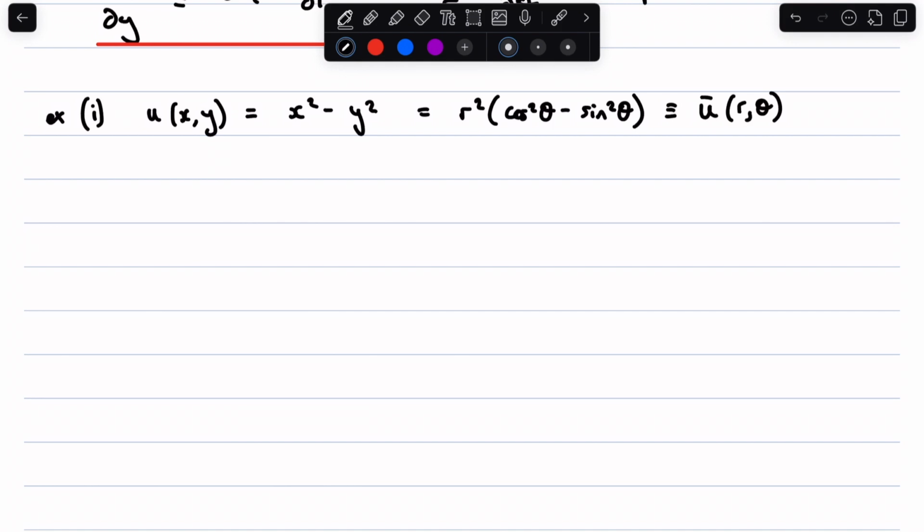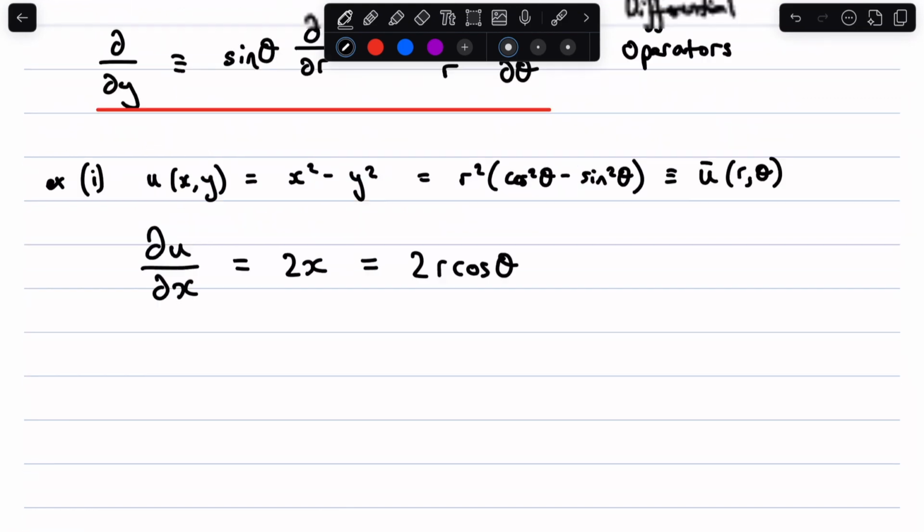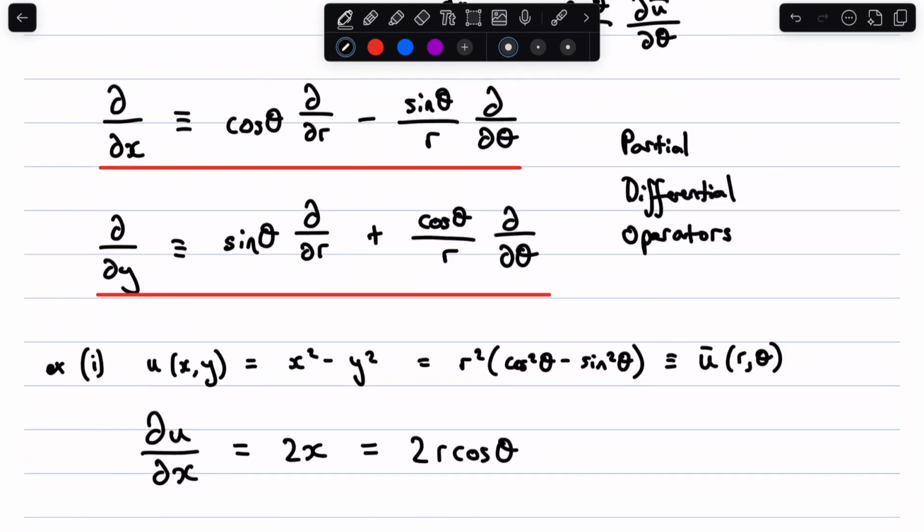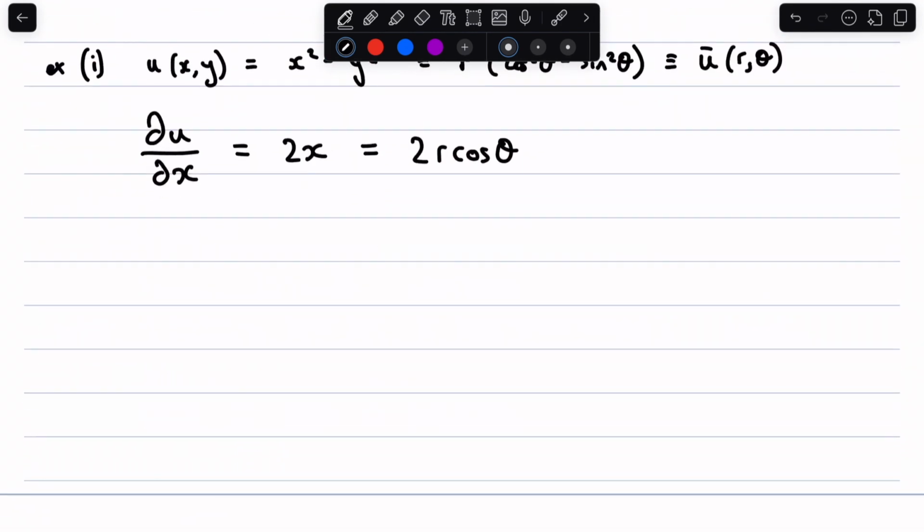If we wanted to know what is partial du by dx, we could quite simply do it in this example from our function u of x and y. And we just see this is 2x, and if we convert that into polar coordinates, that's 2r cos theta. Just to verify that our partial differential operators work successfully, let's use them and see if we get the same result. So we first might want to know what is du bar by dr,